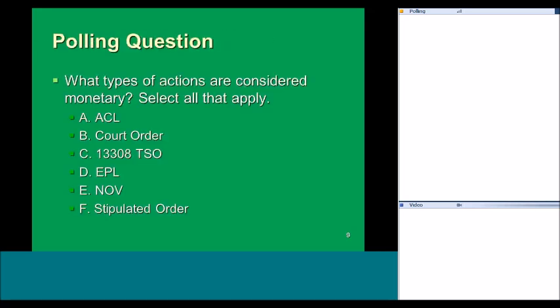So that was all about the overall project. Now I'm going to move on and talk about the data entry into CIWQS. But we do want to make sure we're all in the same starting place about what we're talking about here. So we're going to have a polling question about what types of actions are considered monetary. And this is a select all that apply